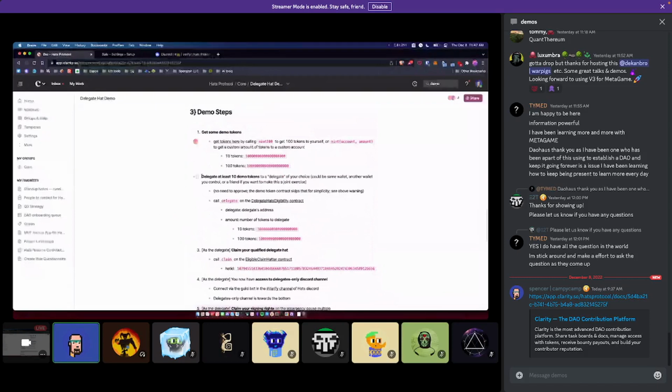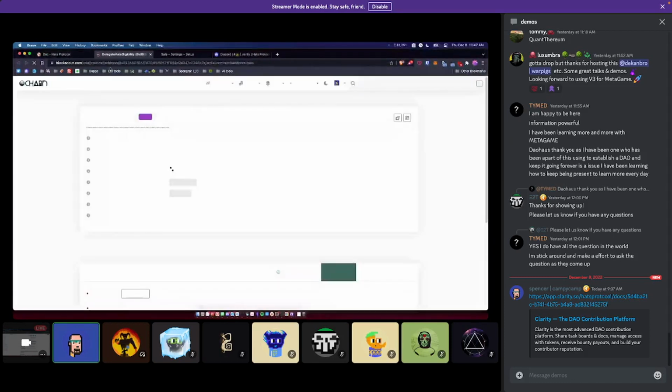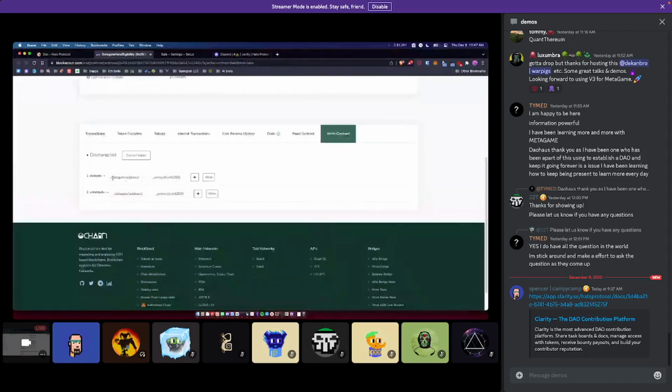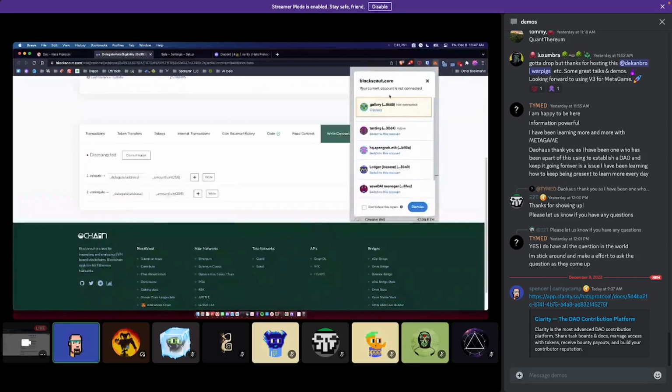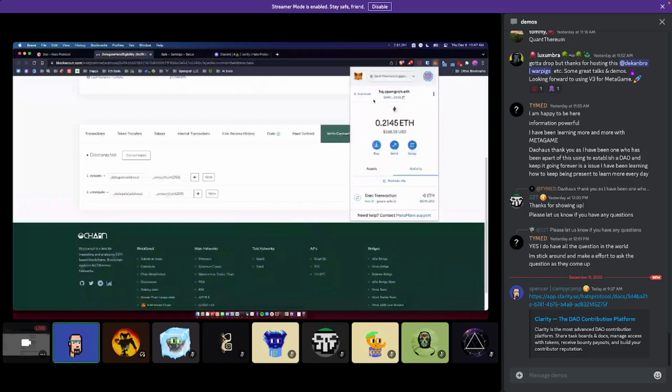So I'm going to move on to the next step, which is delegating 10 of those tokens to somebody of my choice. In this case, it's just going to be my other wallet. This is going to happen in the eligibility contract. So I'm going to delegate. Let me make sure I'm connected to the right one, and I want to be on Gnosis chain.